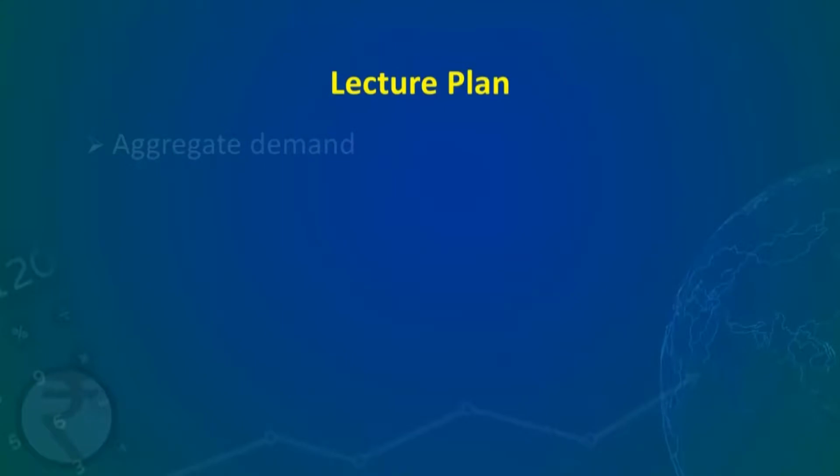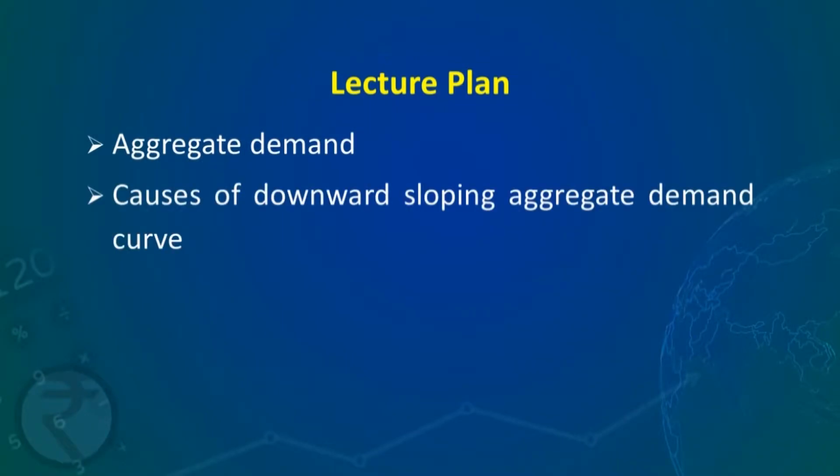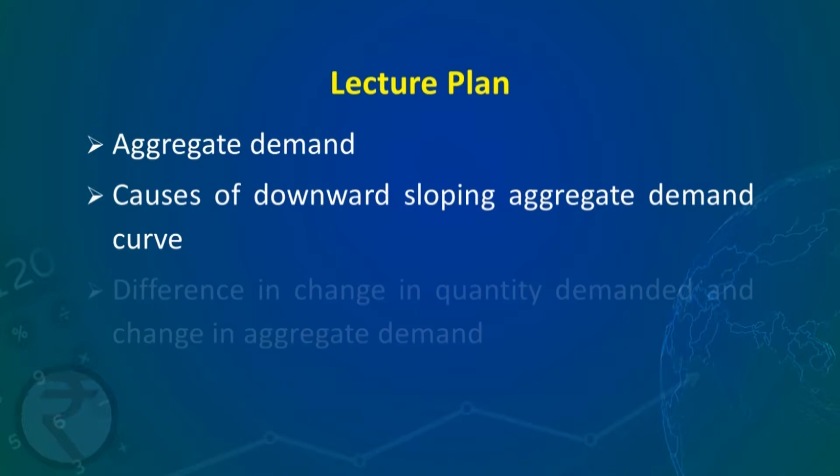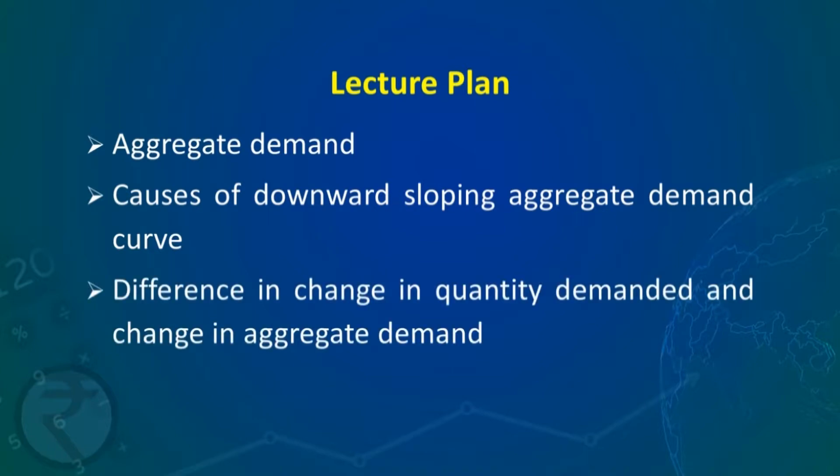So, this lecture will cover the meaning of aggregate demand, causes of the downward sloping aggregate demand curve, what is the difference between change in quantity demanded and change in aggregate demand, and factors which can bring